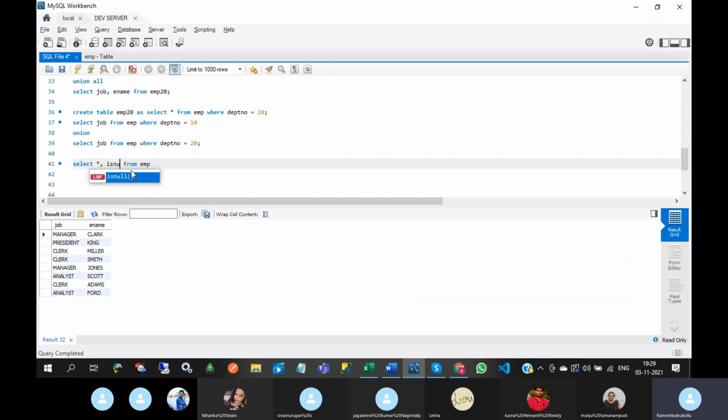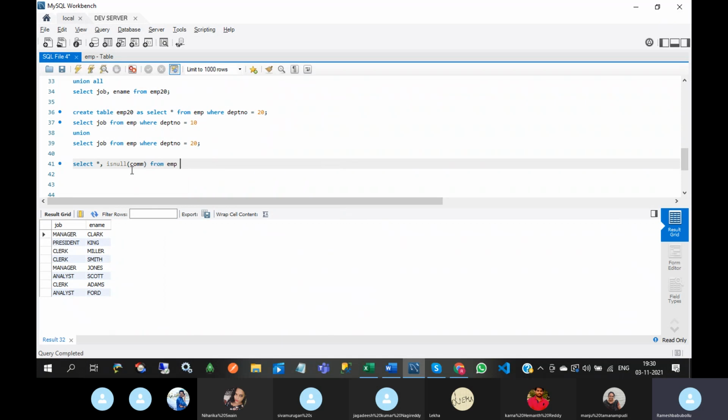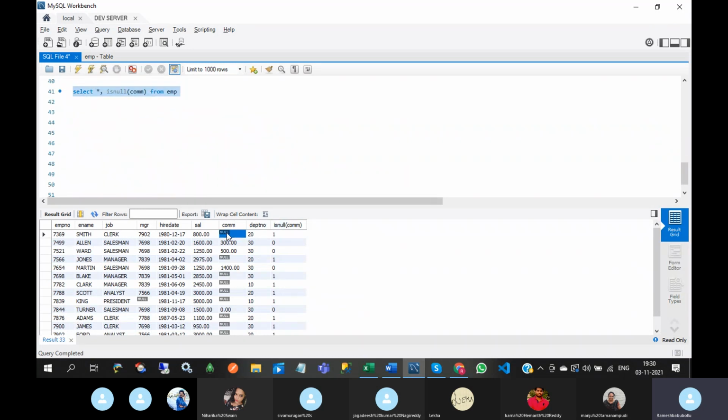After this, is null function I am writing. So commission. In commission, some of the records are having null and some of the records are not having null. See this. So if the commission is null, it returns 1. If the commission is not null, it returns 0. Okay. So this is the purpose of is null.